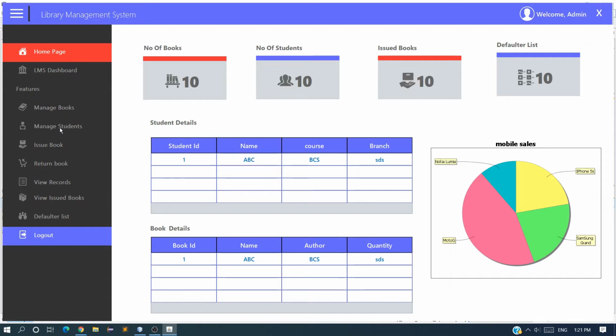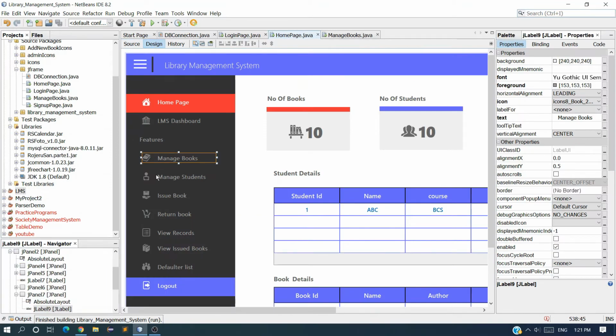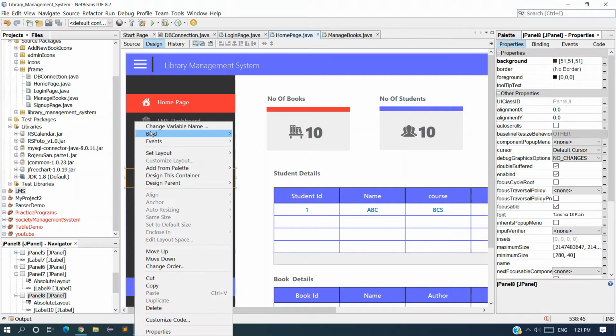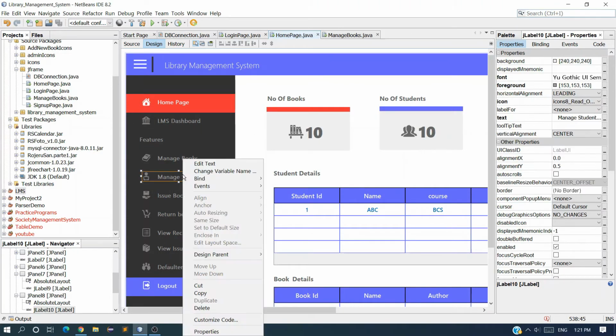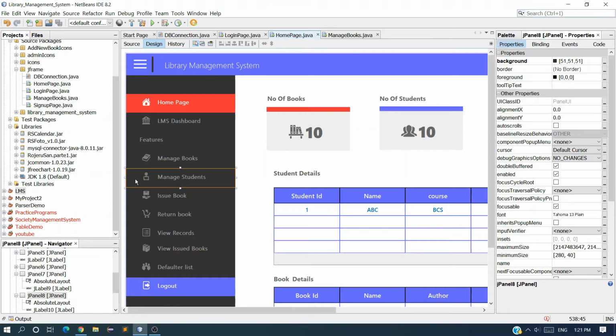Now we have to do the same for this manage student, because we are going to create this manage student module. So simply what we have to do, we just have to check the name of this panel, because we want to change the color of this panel. So it is jpanel8. So right click on this label, make sure the event we apply on this label and the color we change for this panel.